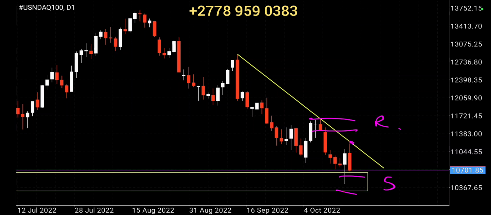This is not good. This is not good for the buyers. It doesn't look good. That's what I'm saying. For you to go up, there's not a lot of things that are convincing. So we cannot go in blindly. You need to make sure that you get confirmation.